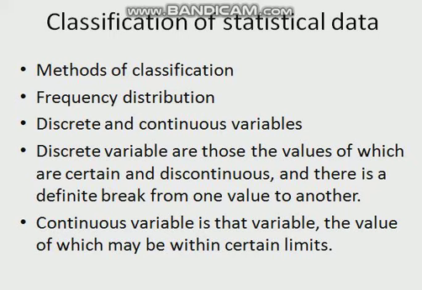Continuous variable, sorry. Discrete variable we have already discussed. Continuous variable is that variable the value of which may be within certain limits. For example, the height of a student in a university may be in the range of 150 centimeters to 170 centimeters. The height of approximately all the students will be within this range. The height of a student may be